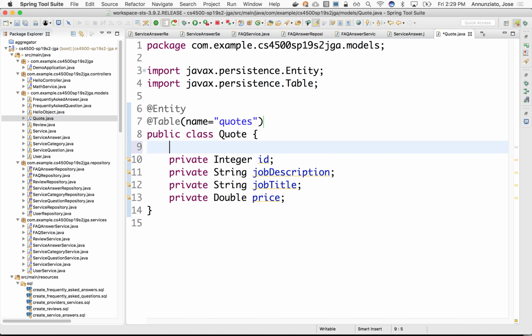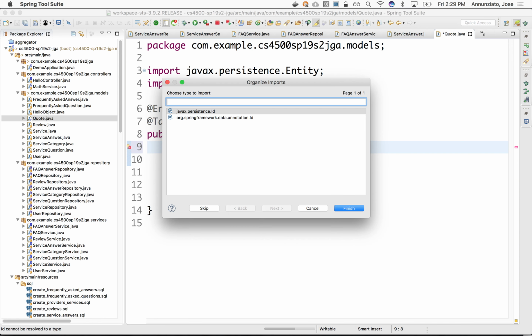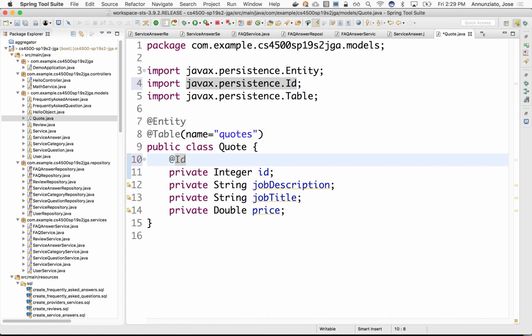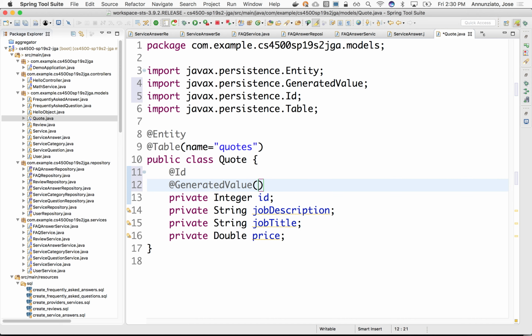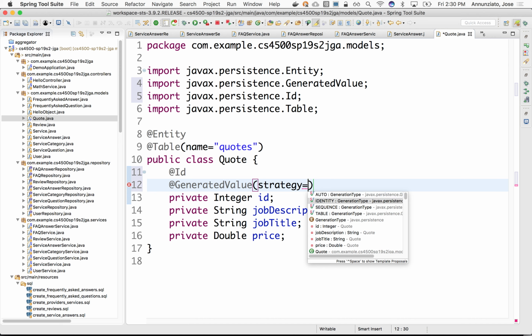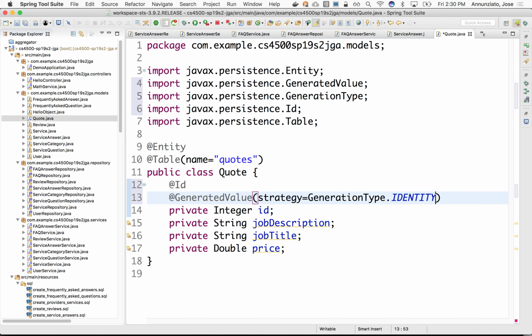Right. The next thing is that I need to specify the field that is going to be used as a unique identifier, and it's going to be this ID over here, and we're going to say that this is going to be an ID, so that tells our JPA, our Java Persistence API, to use that ID field as our primary key, and that I don't want to have to create this myself. I'm going to delegate this to the relational database to do this for me. So I'm going to say that this is actually a generated value, and that the database should use the following strategy to generate these fields. Use the identity, meaning